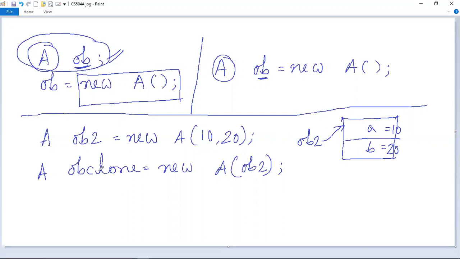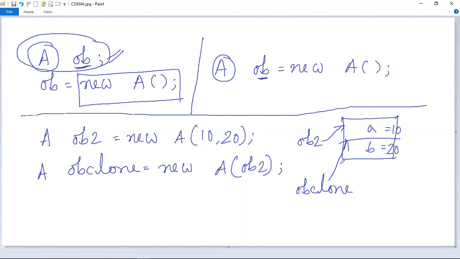Now, whenever we are creating another object OB clone, this statement will create the object physically in memory, and whenever it finds that the object OB2 has been passed as parameter, OB clone will also point to the same object.